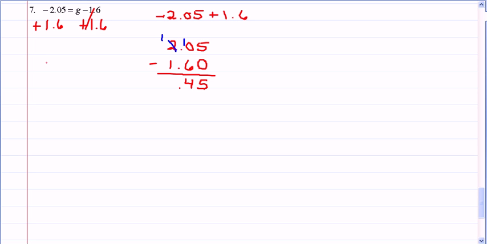And since negative 2.05 is larger, it's negative 0.45 is equal to g, and I can reverse this and write it as g equals negative 0.45,